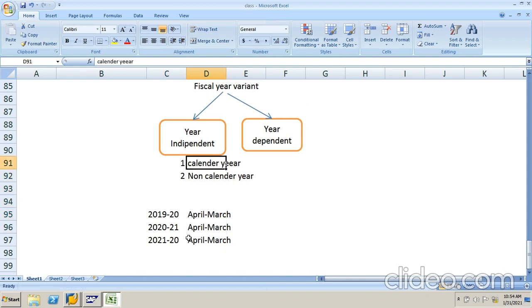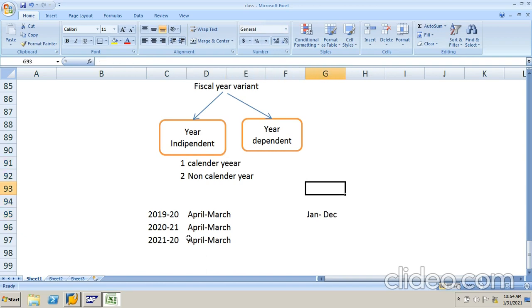Next we will see what is a calendar year. Year independent means all posting periods are the same, but there is one more thing, the calendar year. As per SAP, January to December is the calendar year. Companies which follow January to December for reporting come under calendar year.